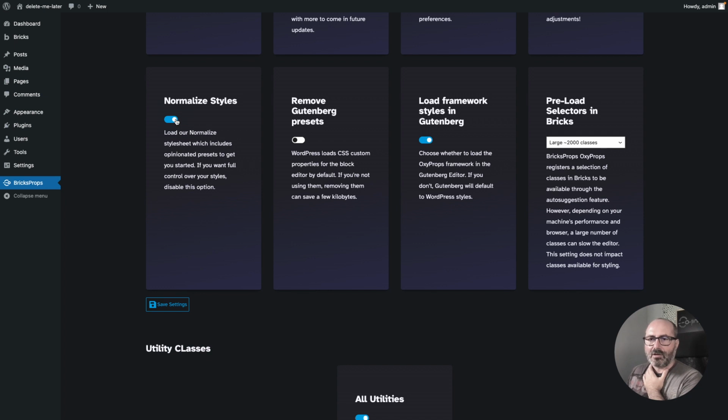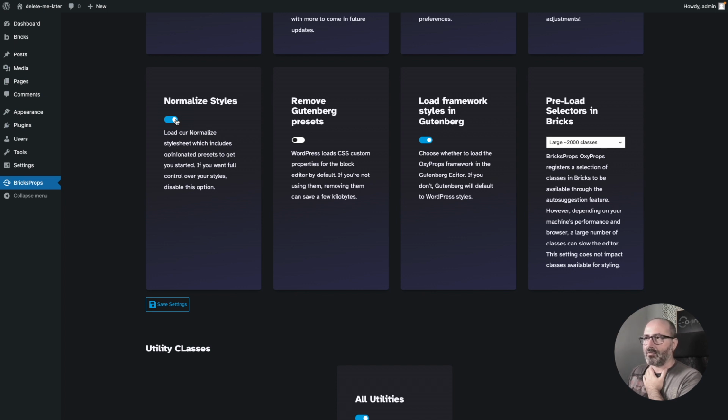For example, Normalize limits the width of text elements based on best practices for optimal readability. Studies show that an optimal line length for optimal readability is around 60 to 65 characters. So Normalize applies a maximum inline size of 60 ch to text elements. So if you want sections of text to spread the full width of your screen and you cannot get it